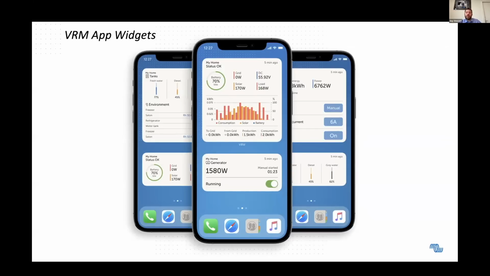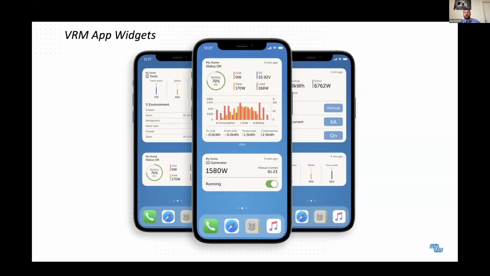Now we have widgets. Now these are different to the widgets that you'd seen previously in the advanced screen in VRM. These are the VRM app widgets. So you're able to open up your phone, add a widget as you have before, or maybe you haven't. If you have a smartphone, it's possible to add these little app-like things after downloading the VRM app. And then on your device home screen, you can add these colorful displays that provide at-a-glance data of your system.